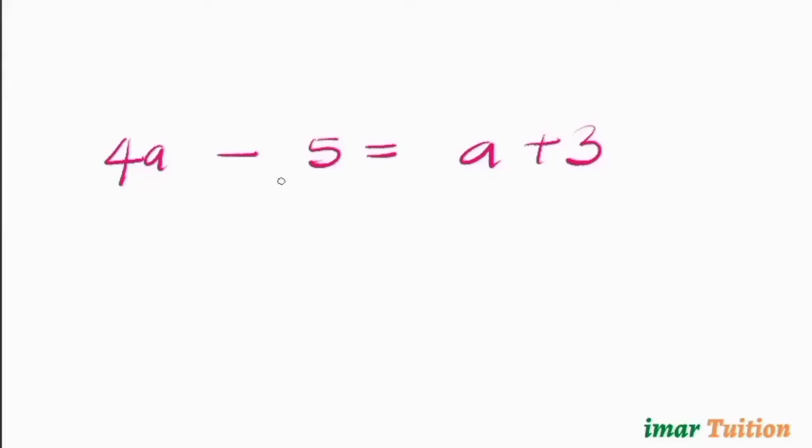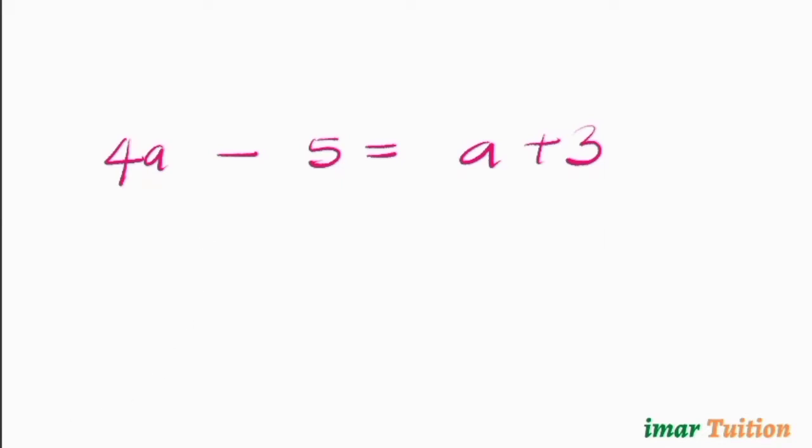So we have 4a minus 5 to be equal to a plus 3. Like I said in the previous videos, this shortcut method you actually use when you need to get the answer immediately, probably in a job interview situation. Okay,